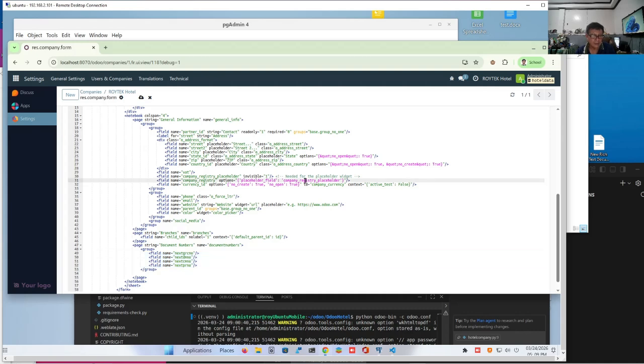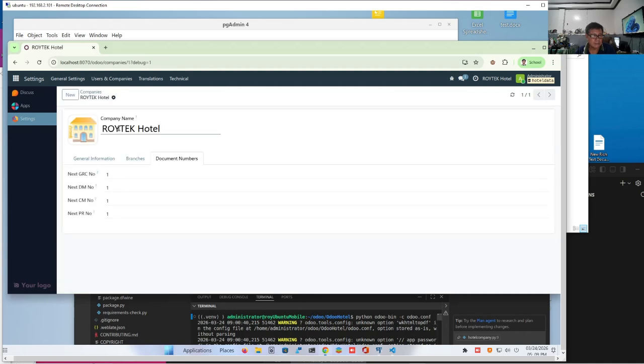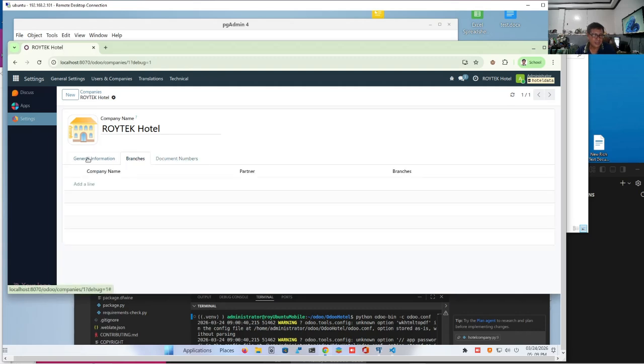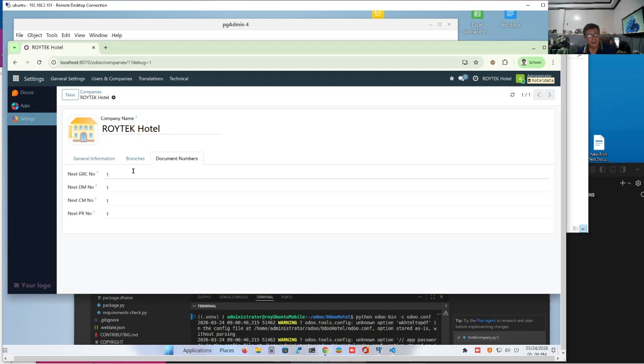So I just made a selection and pressed the tab key. There it is. Now we have a third page or a third tab, and we are able to set up the document numbers. Now let's add a new company.